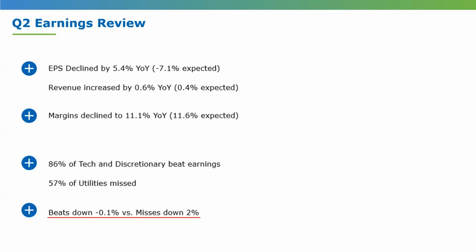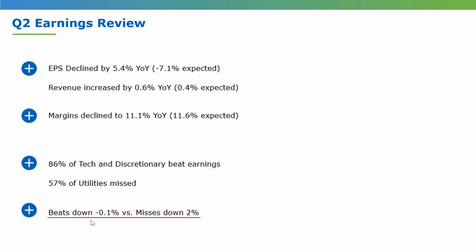This has to do with the forward guidance that comes out with an earnings announcement. The forward guidance by the company may be a bit more on the negative side. And because equities are forward-looking, they're going to start pricing that in already. So even though we tend to see sometimes an EPS and a revenue beat, we could still see the stock decline. And that is what we saw, on average, a 0.1% decline on the stock,